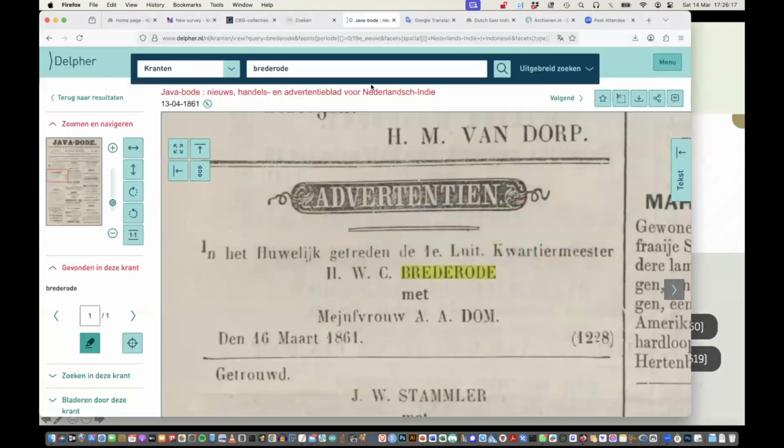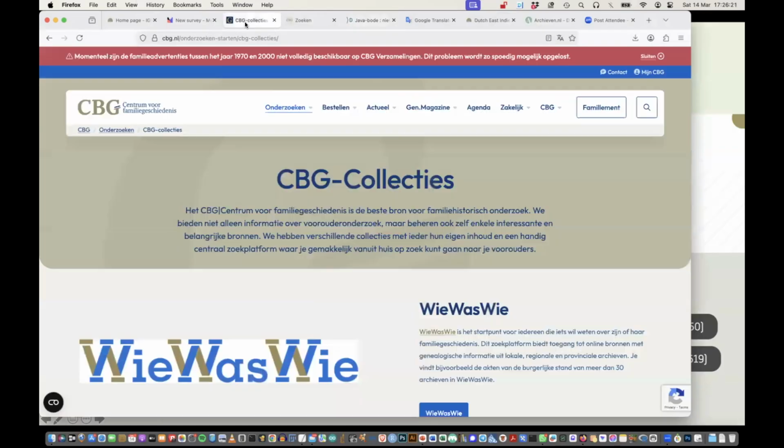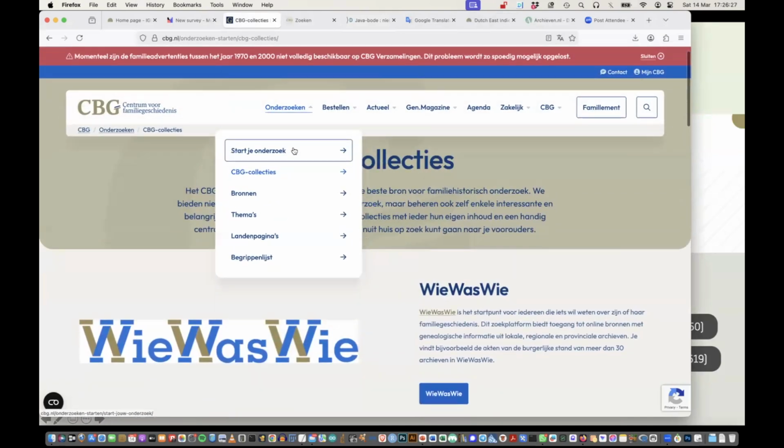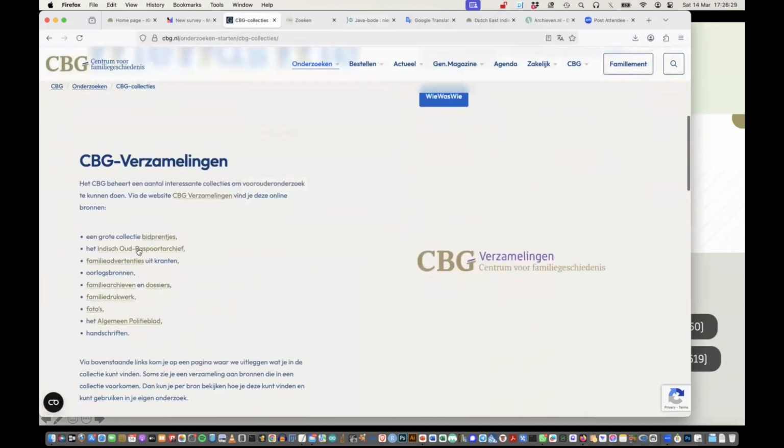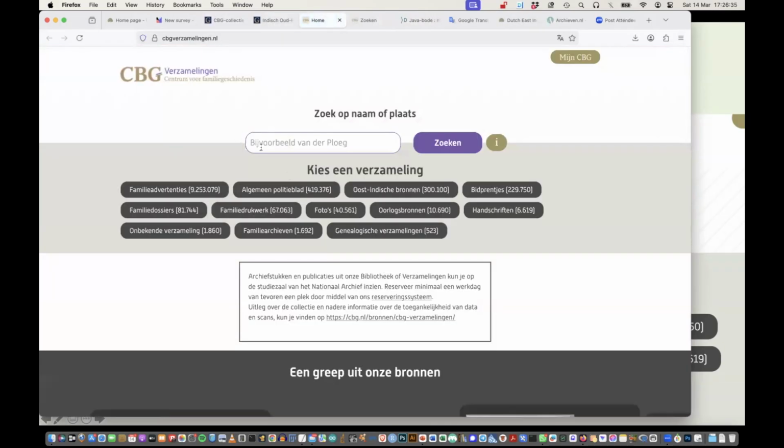So I can show you also how that works. You go to CBG, see the CBG collections, the passport archive. You go to the verzamelingen. This is the same screen that I showed you before with 300,000 East Indies sources.